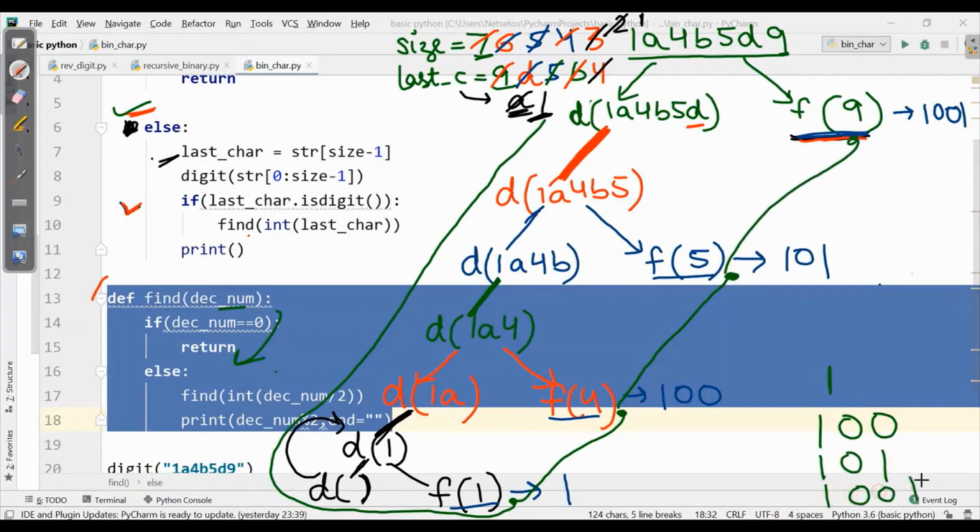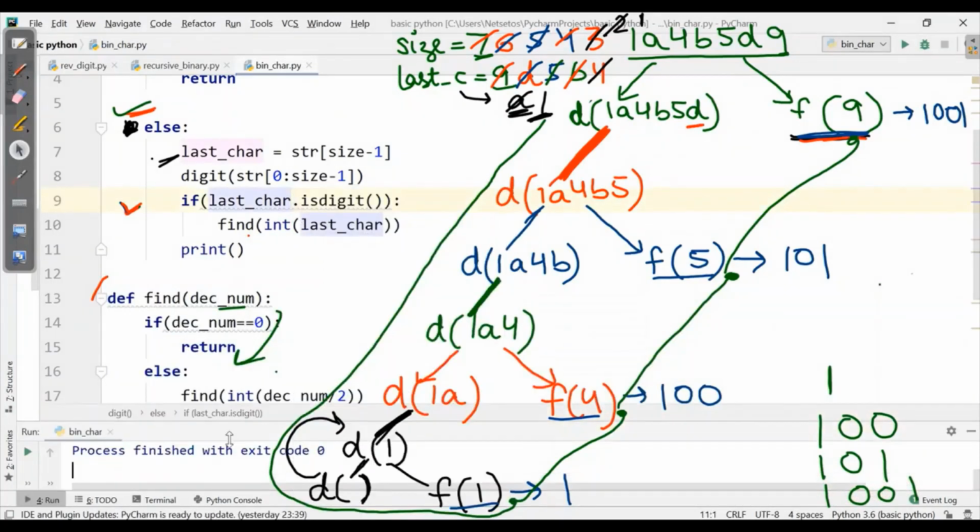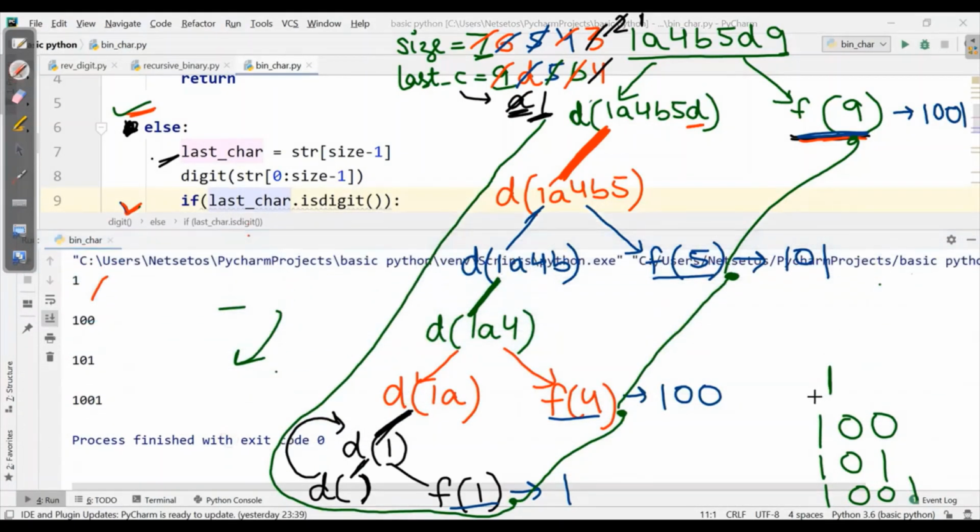So when we will check our output, this is same: 1, 100, 101 and 1001. This is how recursion works for extracting digits and displaying it in the form of binary equivalent.